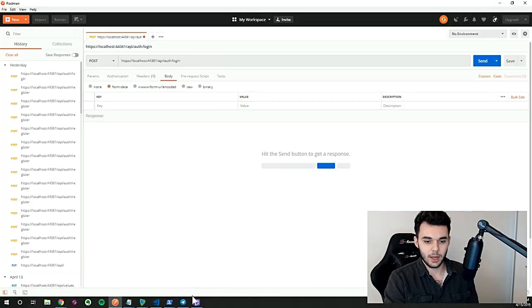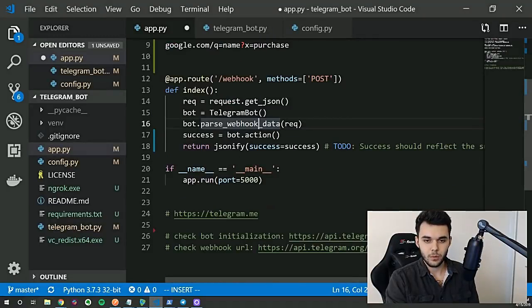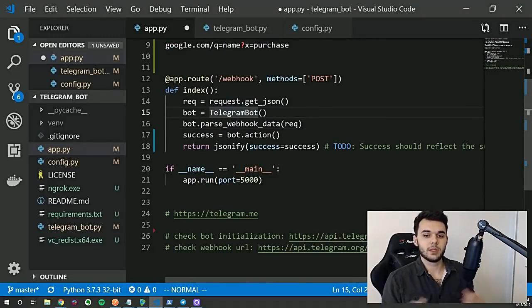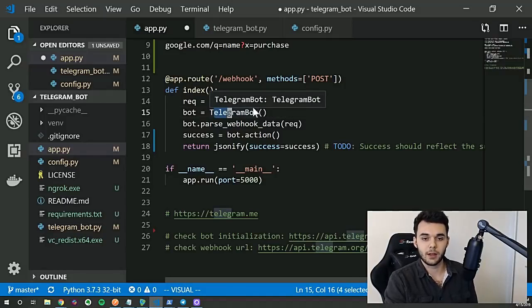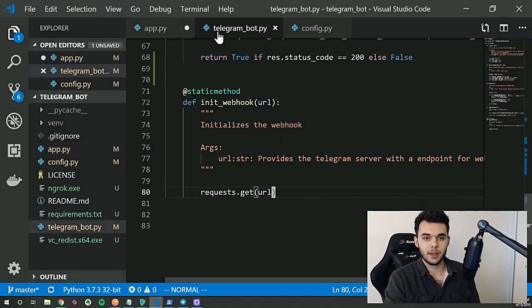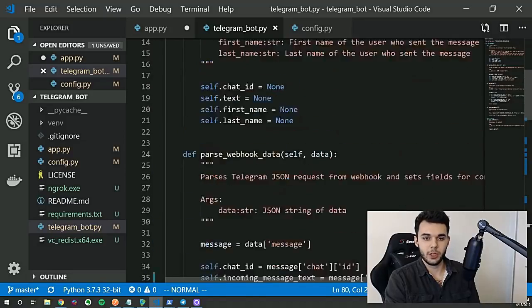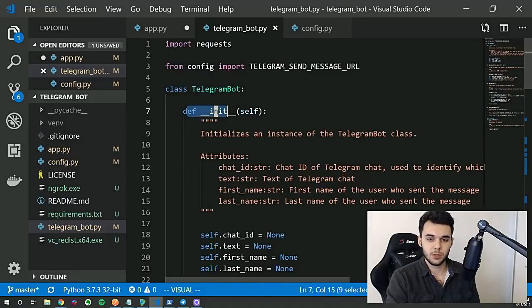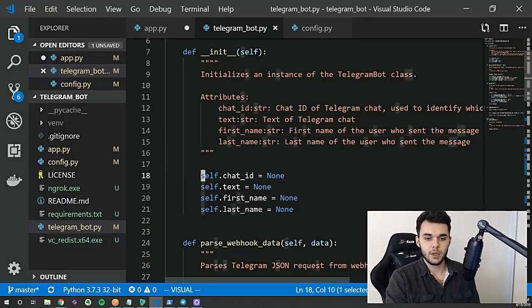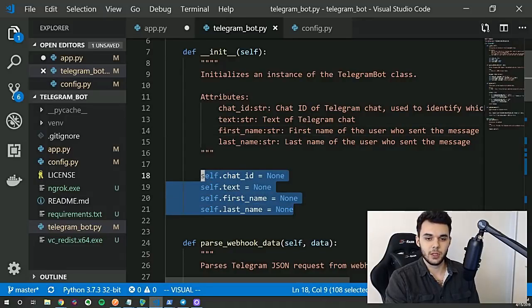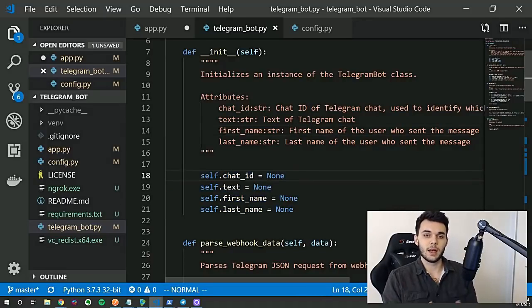So now that we've got an idea of what's going on here, we're going to skip back to the code. We've got request.getJSON, and then we create this instance of the Telegram bot class. The Telegram bot class is over here, and when we create the instance of it, nothing particularly special happens. We just have these attributes that are going to be set later on with any data that comes in from the request,